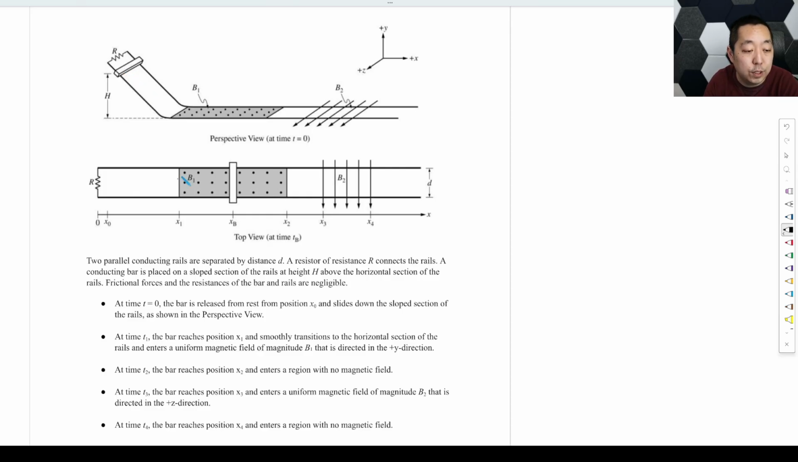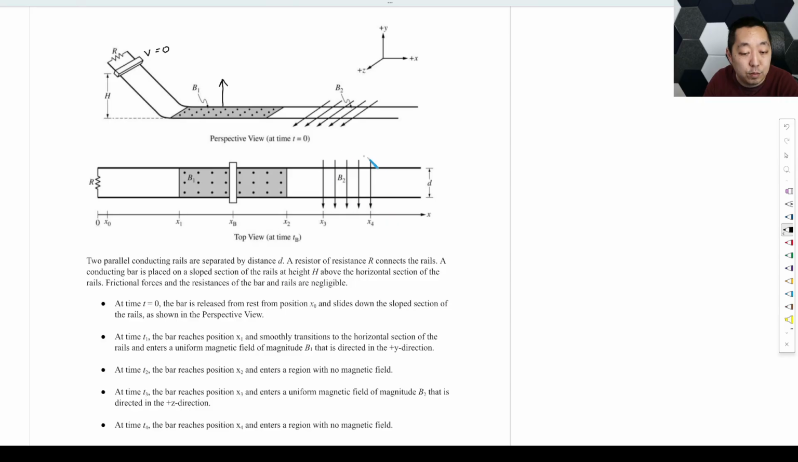A conducting bar is placed on a sloped section of the rails at a height h above the horizontal section of the rails. Frictional forces and the resistance of the bar and the rails are negligible. At time t equals 0, the bar is released from rest at position x0 and slides down the slope section of the rails. As shown in the perspective view, at time t1 it reaches x1, smoothly transitions to the horizontal section, and enters a uniform magnetic field B1 that is directed in the positive y direction. So it's pointing up here. Okay, at time t2 it reaches position x2, so it exits this region,